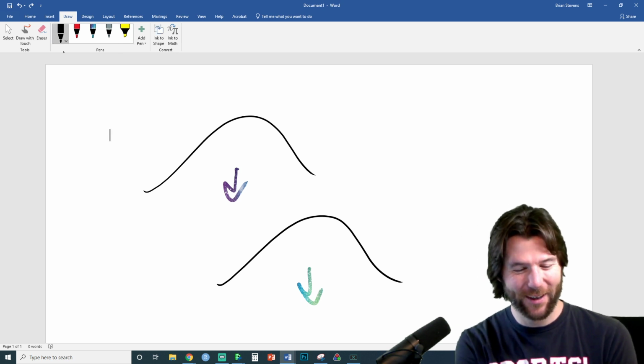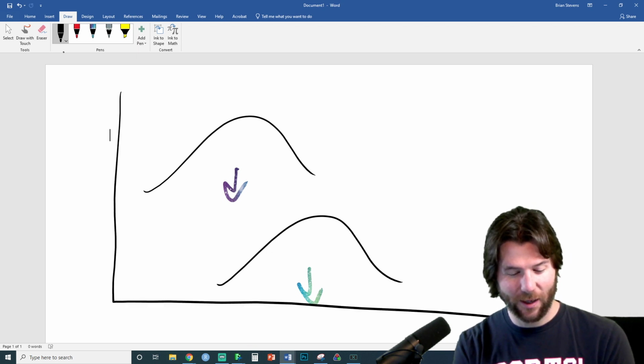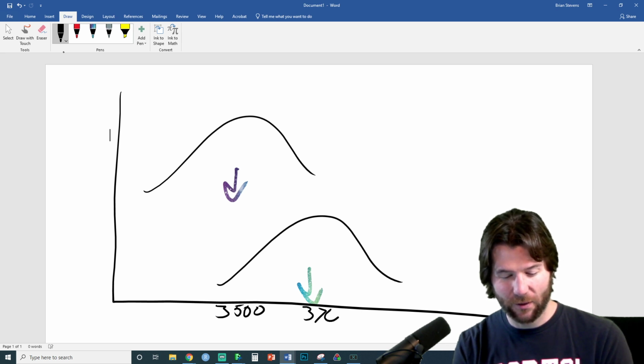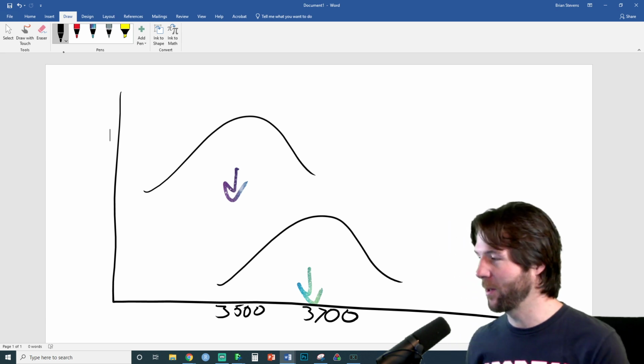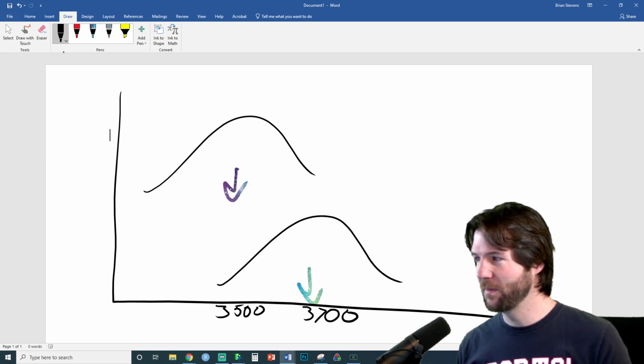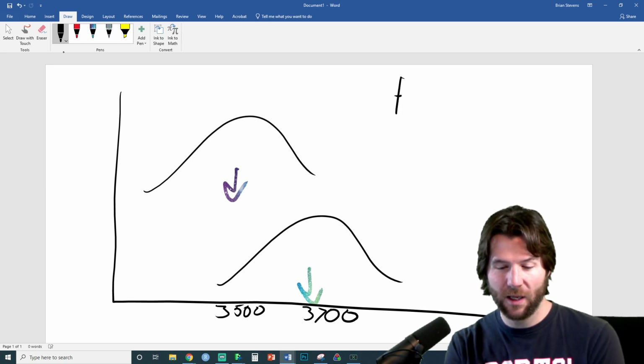Truthfully, and here we'll give a key hint right here, you can do stacked like this. This is around, I think, 3,500, and this is around 3,700. So we're dropping some major hints today. I'm not actually making the actual graphic, but I'm kind of showing you. I want to drop some more hints on this because this is a major review of what's going on with the project. I'm just going to write it. I'm going to put the mean here.